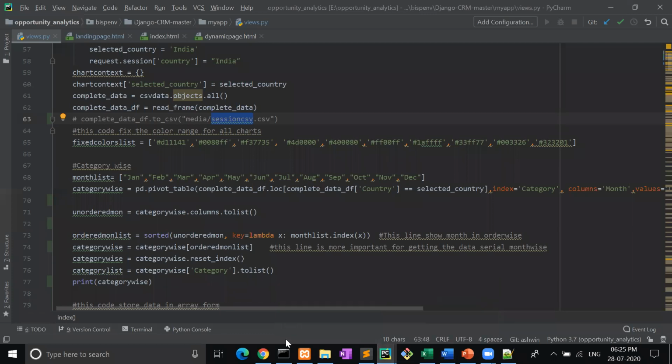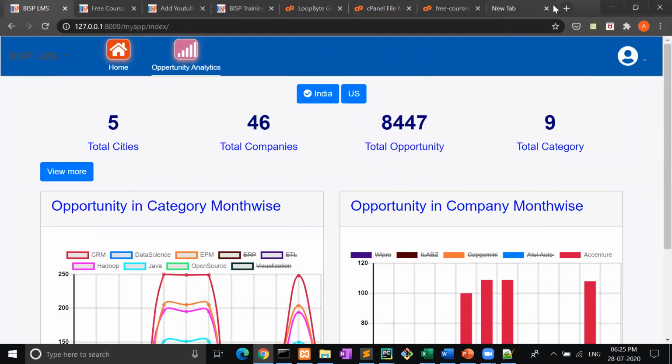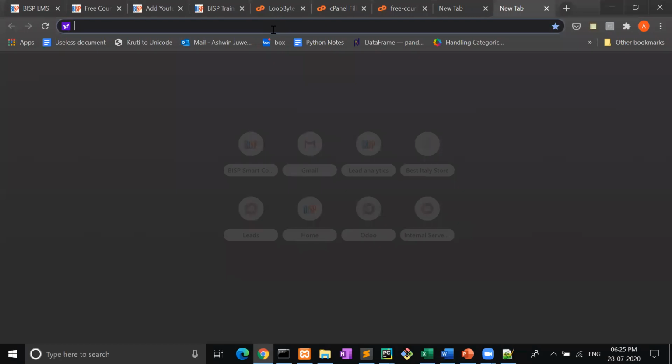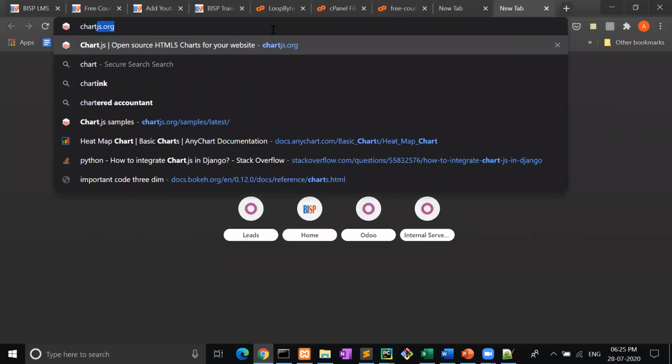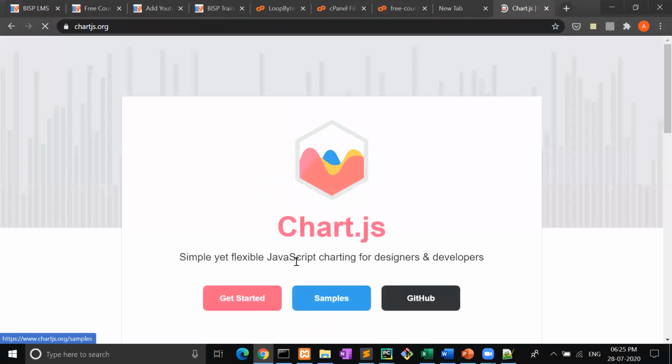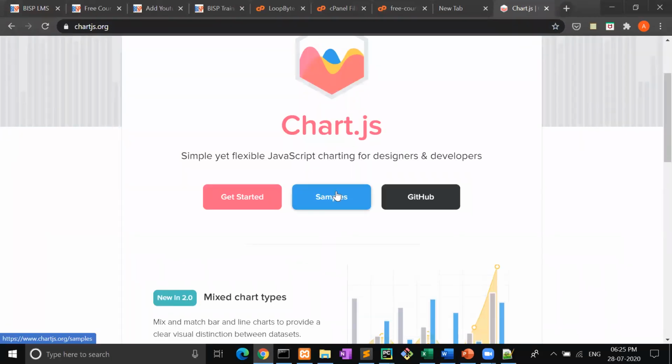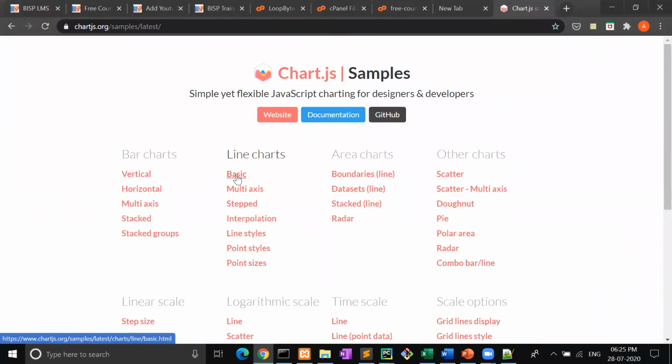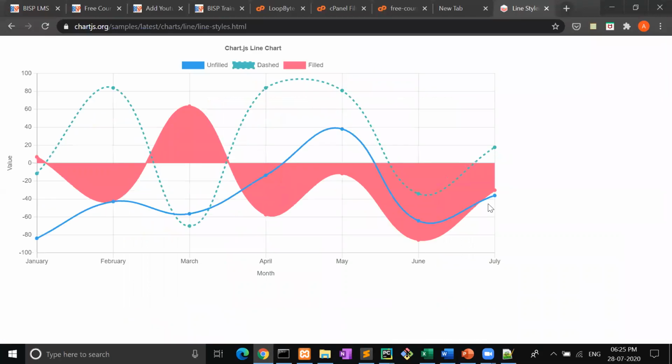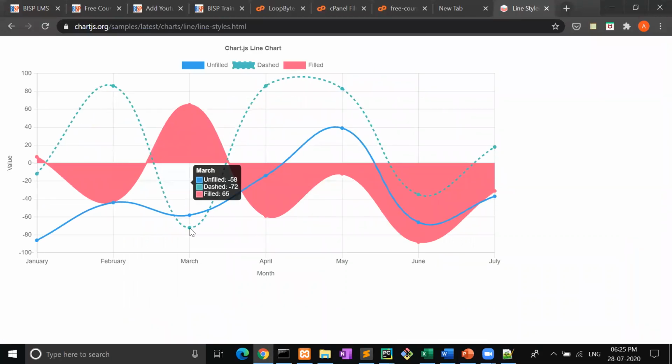And where can you get the data for Chart.js? Let me show you Chart.js also. Chartjs.org, samples. Let me show you the line chart. Where is the line chart? Line style. Here, these are the line charts.